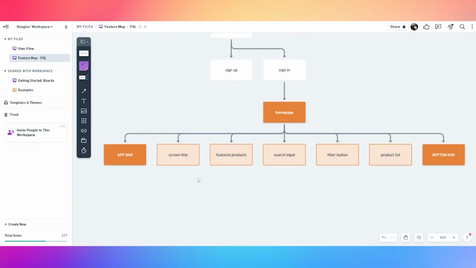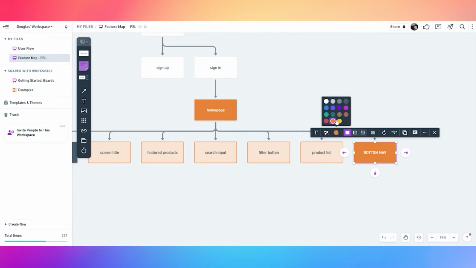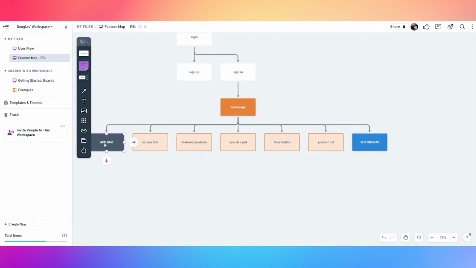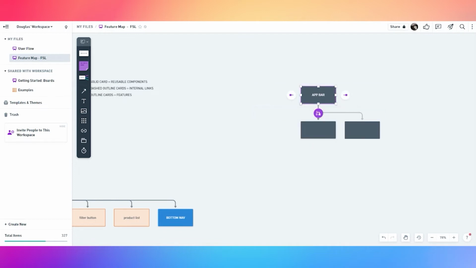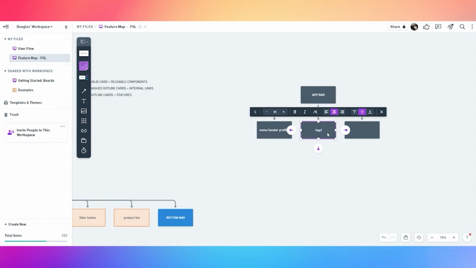Those items are features, and this one I will change to blue because they are global components. So here on your app bar, we will have a structure made by menu, logo image,